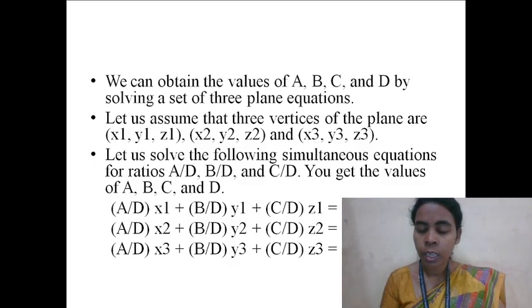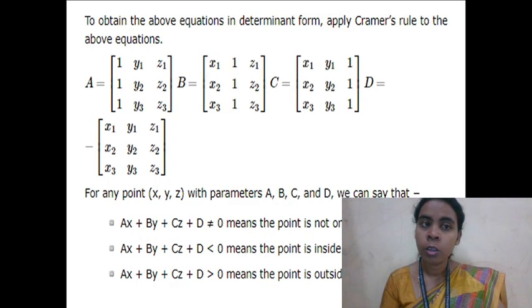(a/d)x2 + (b/d)y2 + (c/d)z2 = -1. (a/d)x3 + (b/d)y3 + (c/d)z3 = -1. To obtain the above equation, the determinant matrices are A = |1 y1 z1; 1 y2 z2; 1 y3 z3|,